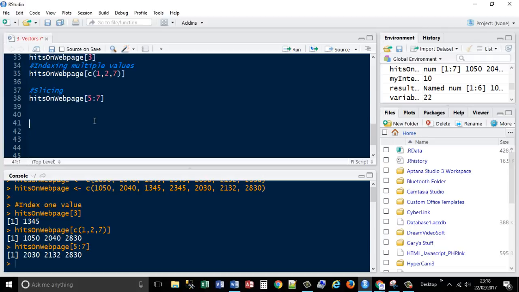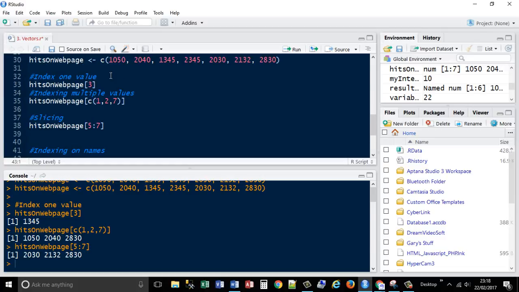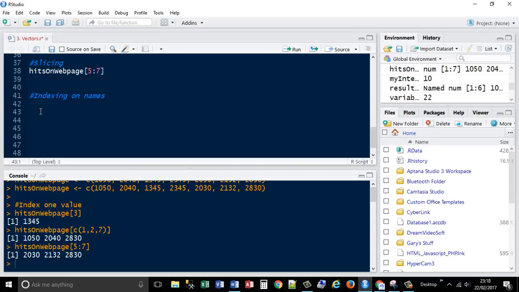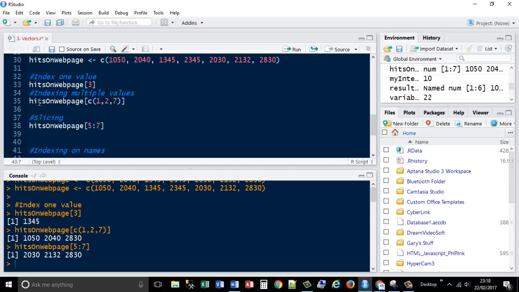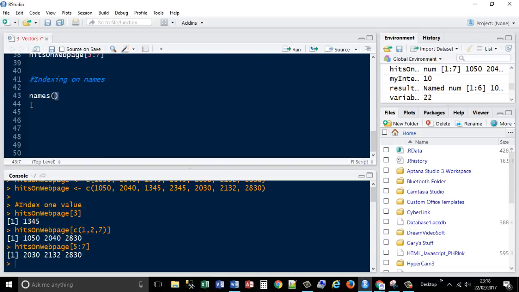I could also do something called indexing on names. For hits on a web page, we're going to assign them Monday, Tuesday, Wednesday, Thursday, Friday, Saturday, Sunday. So we're going to use the names command. We've done this previously. Hits on a web page, and then we're going to use the combine function to set those names. So we say Monday,